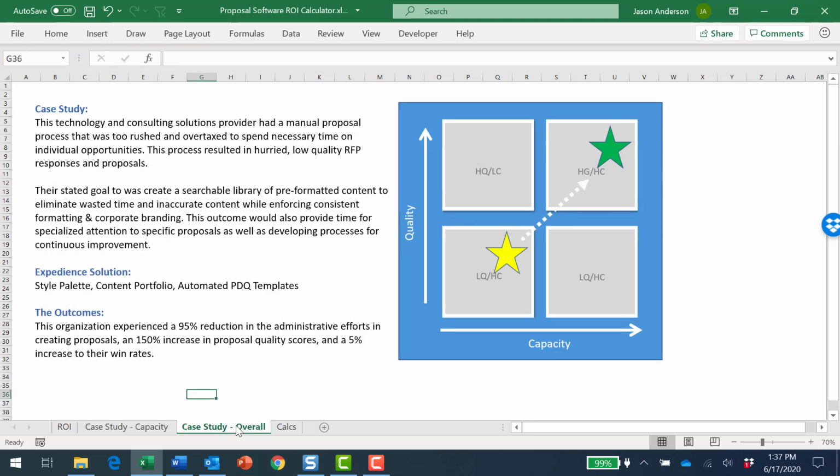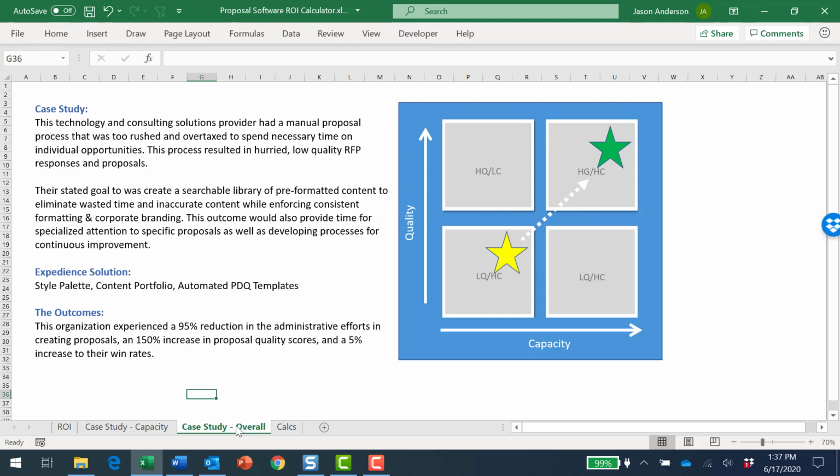So one last example to talk through is an organization that's more common. Most customers don't look like my first example, where they're just off the chart on quality. More often than not, they're in this range where, because of the manual processes, the workload, and the customer expectations on turnaround time, their quality is commonly as challenged as their capacity.